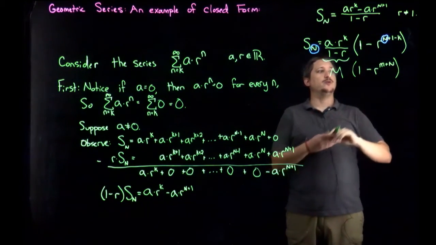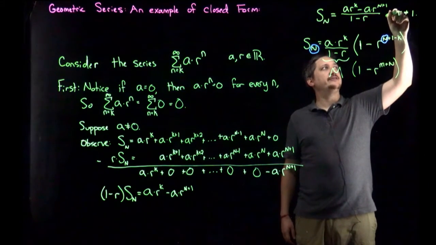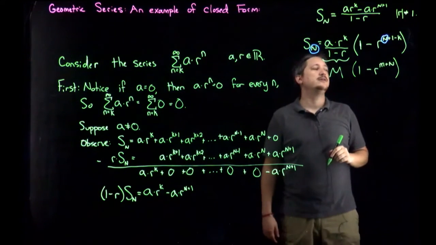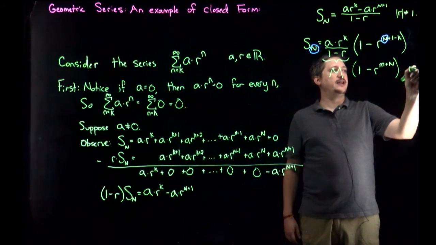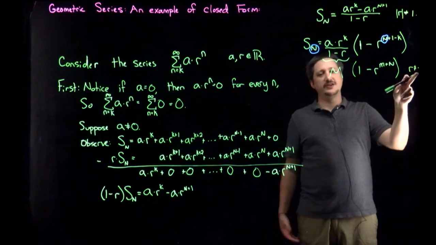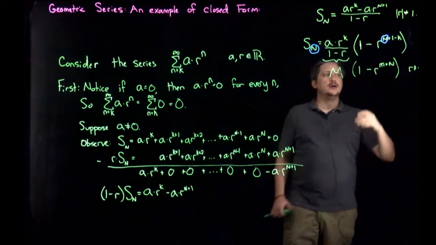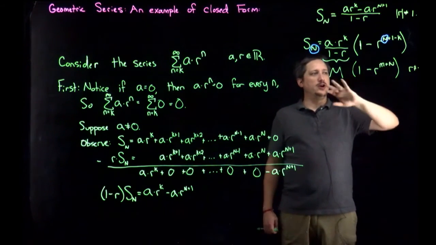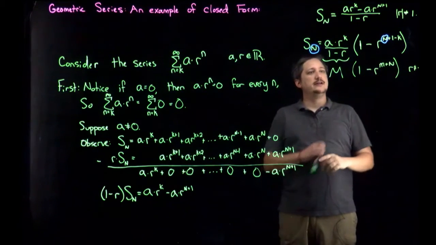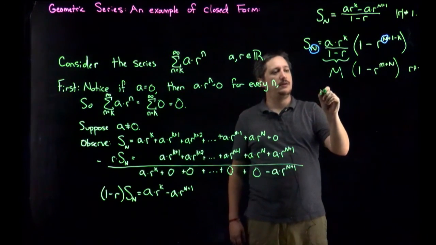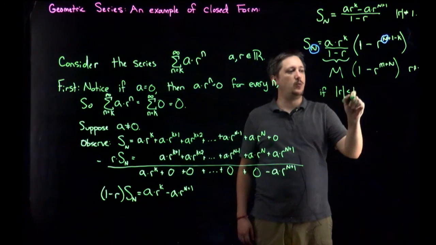Now I could have one of really 3 possibilities, except not. If R was 1 or -1, which is why it's often done that this is not -1. So here I'm going to suppose that R is not -1, not because I couldn't handle it, but because I want to make that its own case. If R were -1, it gets a little messy, so I'm going to do that on its own. If the absolute value of R, so if R in magnitude is less than 1,